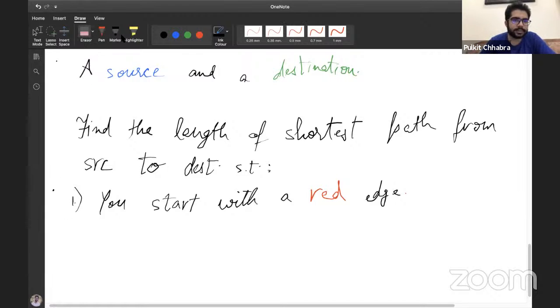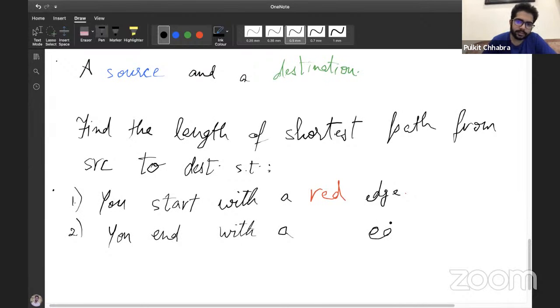Second is that you end with a green edge. All right. So the last edge that you traverse, just before reaching the destination, should be a green edge.